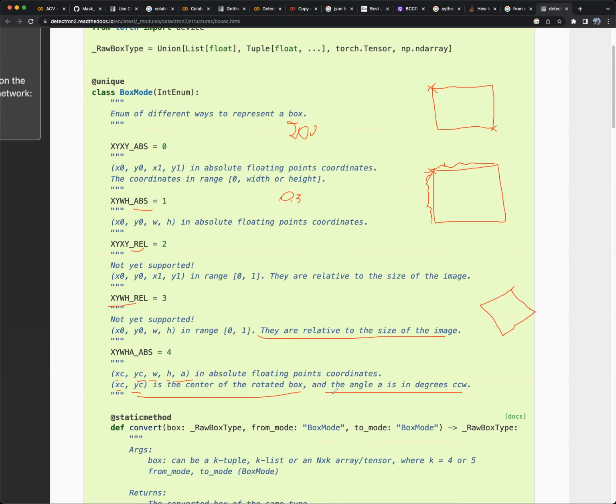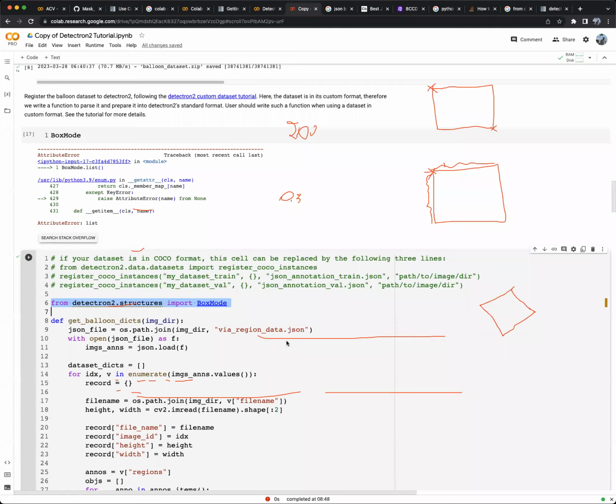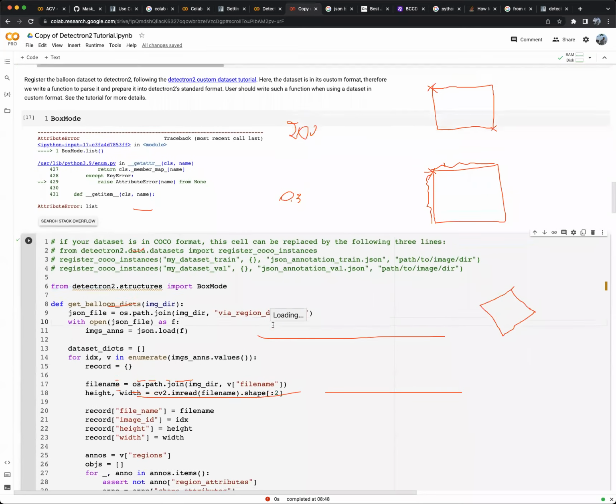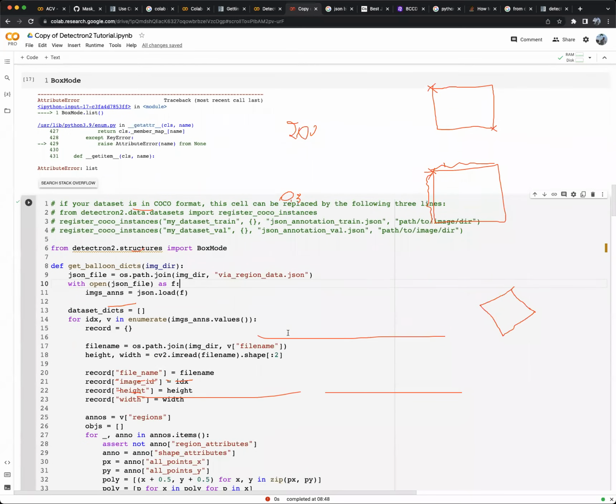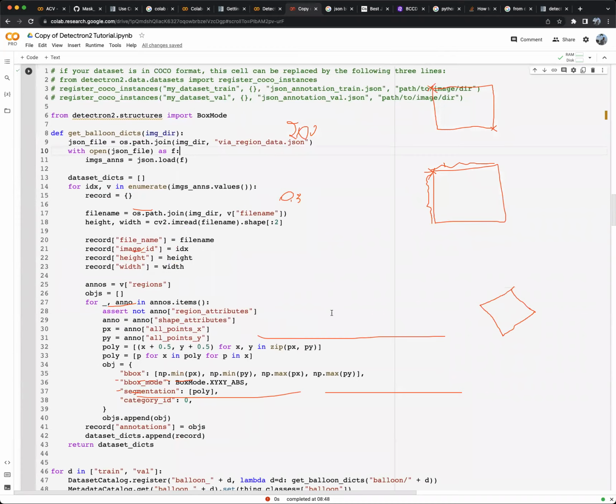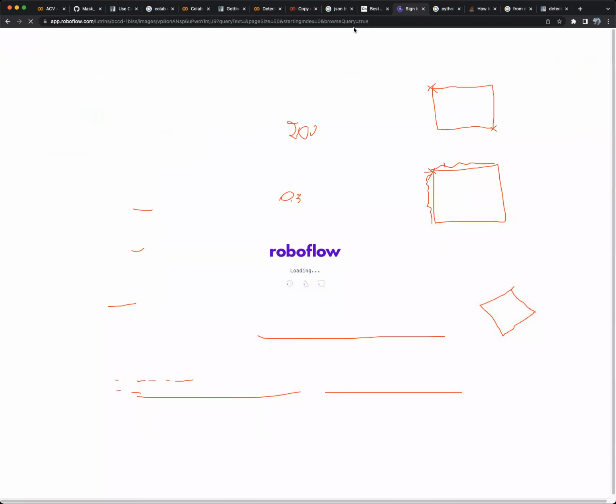One more question. This will depend on how we annotate our object in Roboflow or not? For example, instead of a box, we annotate our object in Roboflow using a polygon. Both. No, it's going to be in both, right? So even if you do just the polygon, let's go to